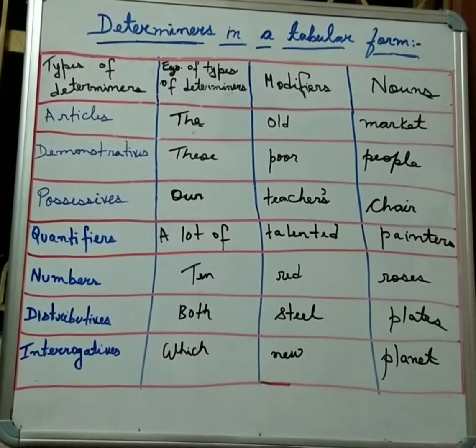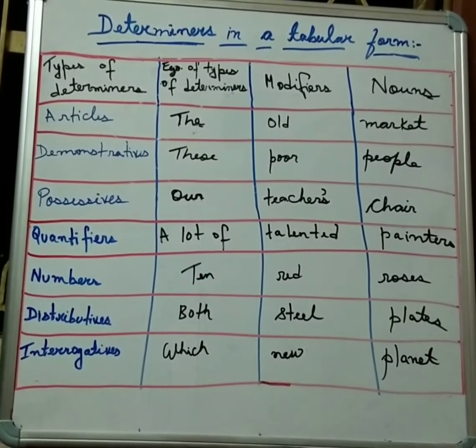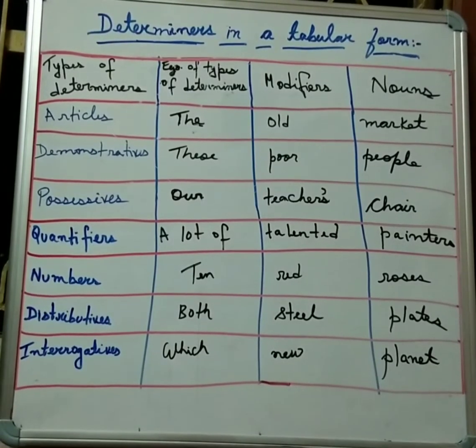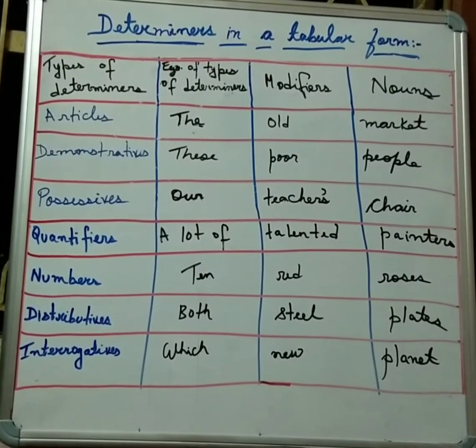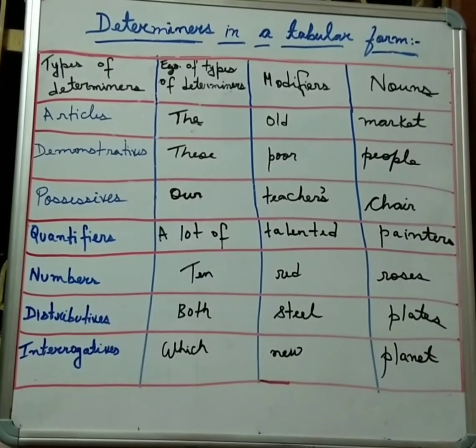When we use possessives, you should remember one thing: whether it is a possessive pronoun or possessive determiner, we cannot use possessives for non-living objects. Like we generally say, what is the mobile's price? This is wrong. Grammatically we have to say what is the price of the mobile. The fan's blade is wrong. The blade of the fan is correct. The chair's leg is wrong. We have to say the leg of the chair, and so on.